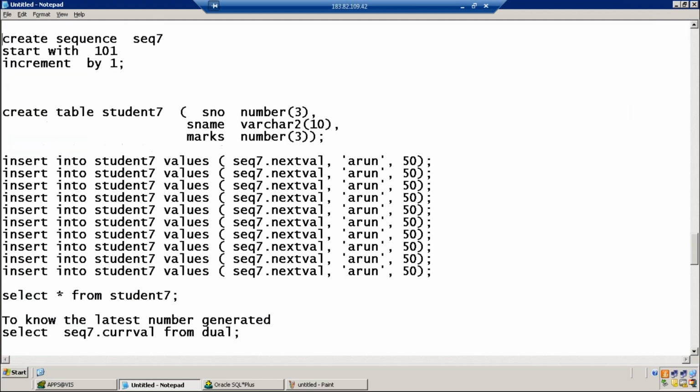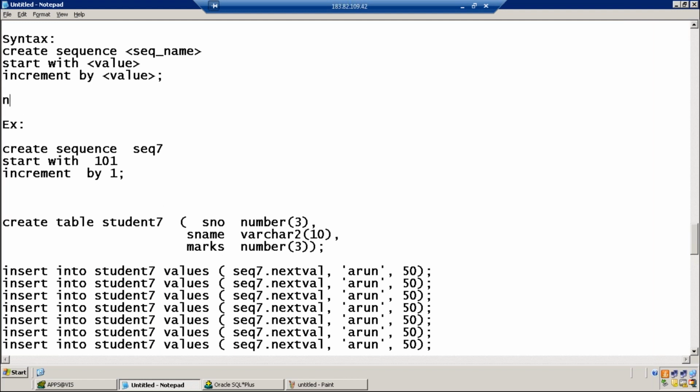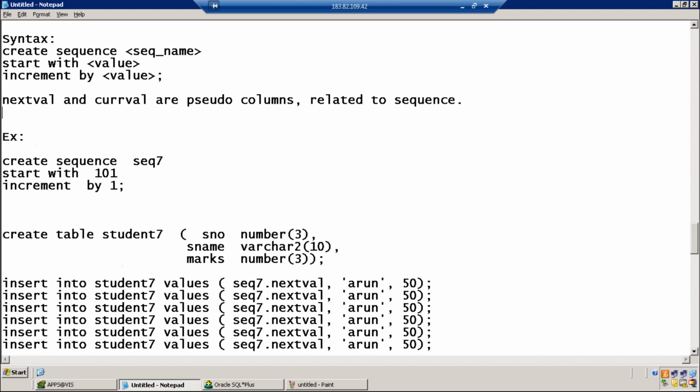So nextval and currval are pseudo columns related to sequences. Rownum and rowid are other pseudo columns related to tables. Nextval and currval are special pseudo columns related to sequences.